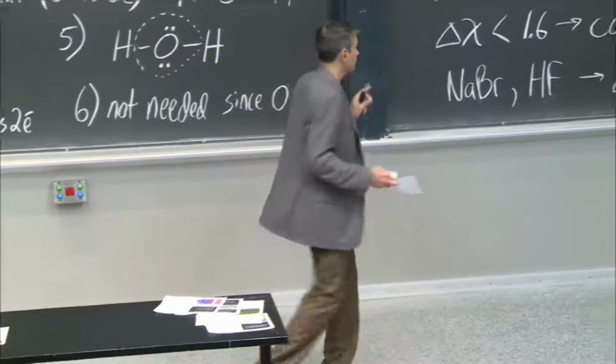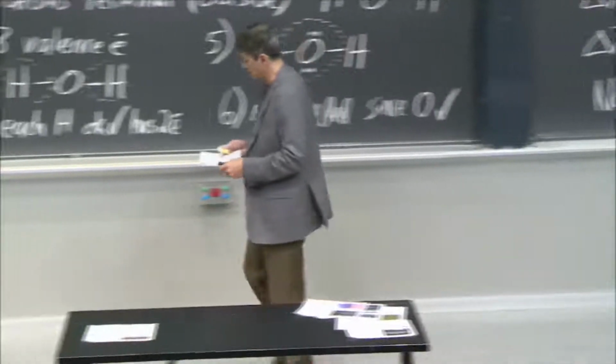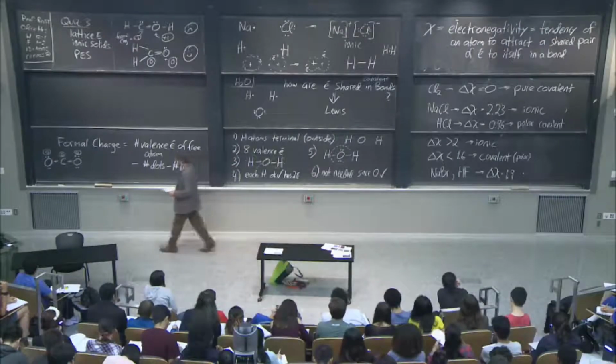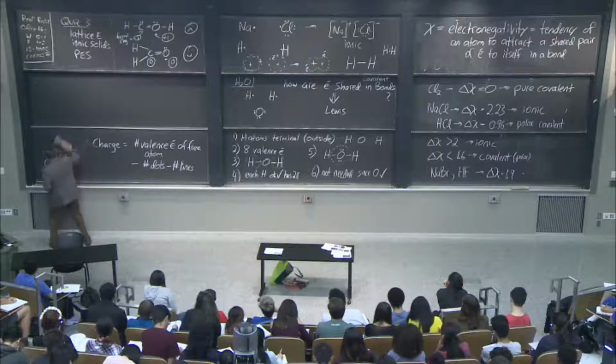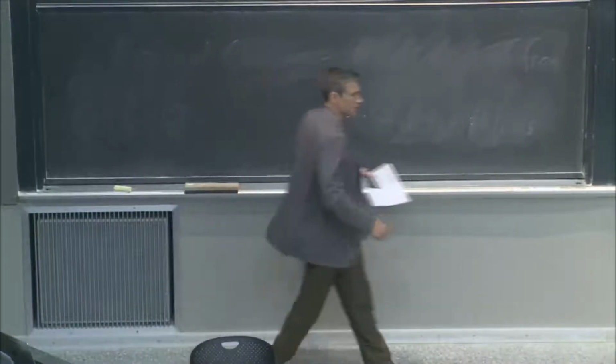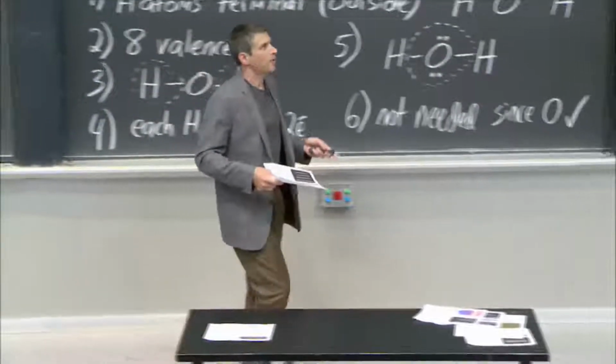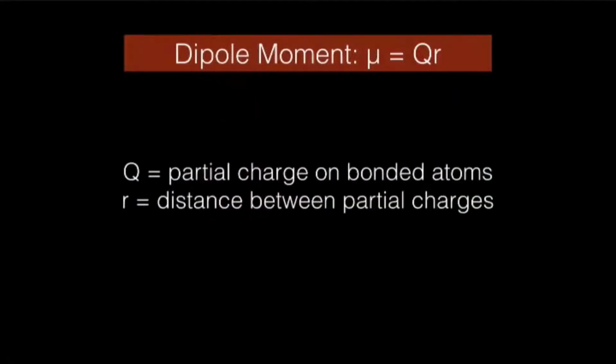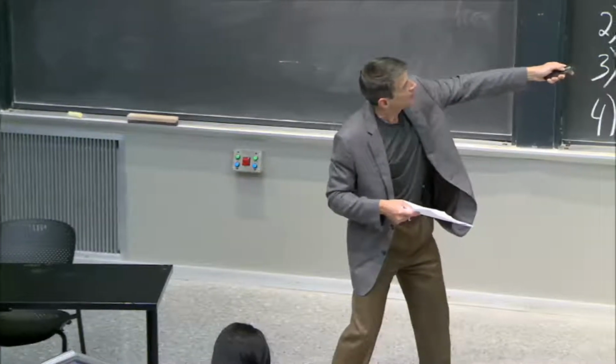Now, you can also go even further, and you can get quantitative, because what we're really talking about here is something called a dipole. That is why it's called polar covalent. It's called polar covalent because we made a dipole. And as far as I know from my electricity and magnetism training, the dipole moment, mu, is the charge times the distance, where Q is the charge. In this case, it's literally the charge that was pulled.